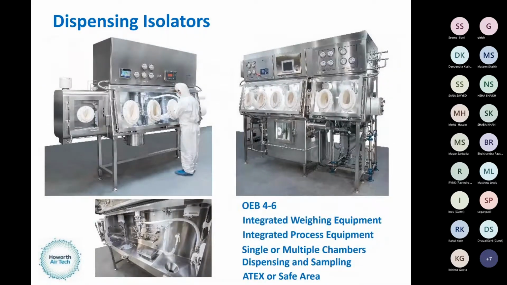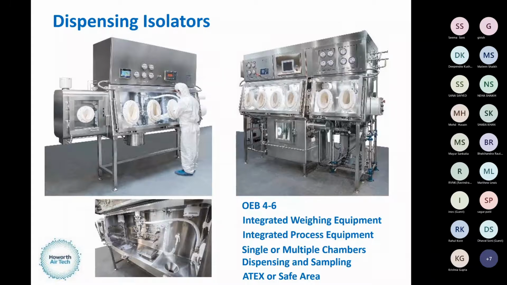We then move into dispensing isolators. Again, these are very, very common within every pharmaceutical facility. So we need to take that bulk material and dispense that down into whatever quantity to allow that to go to the next phase of the process. These can come in different designs. The standard approach on the top left there is a single chamber isolator, typically 4 gloves. We have an airlock which allows us to bring in products safely because that's interlocked from the process, and then we can carry out the dispensing operations utilizing weighing equipment, split butterfly valves,